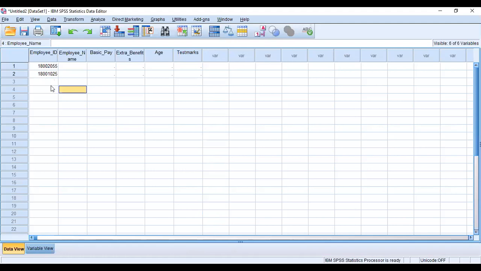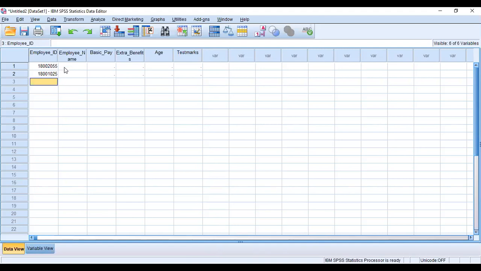Because we have defined that variable as numeric, and we can't include an alphabet in it. The system automatically erases the alphabet from the variable.